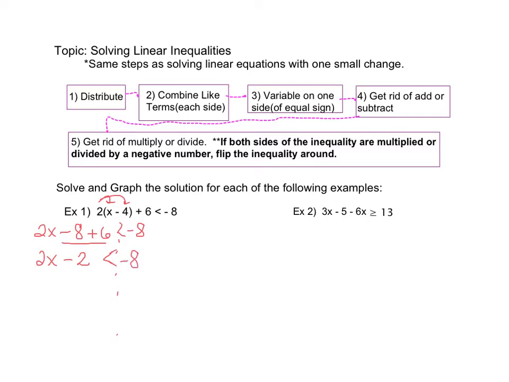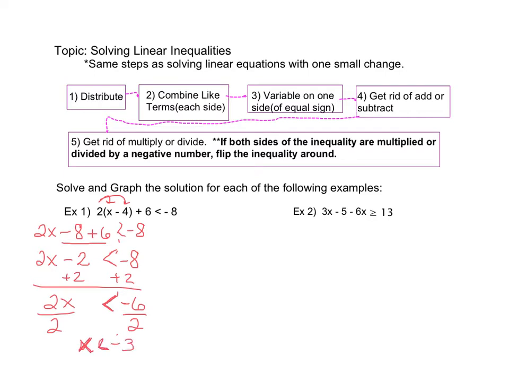Now I can get rid of anything that's not attached to the variable. I can get rid of the subtract 2 by adding 2 to both sides, leaving me with 2x is less than negative 6. Finally, I divide by a positive 2. Since I'm dividing by a positive, I'm not going to change my sign, and I get x is less than